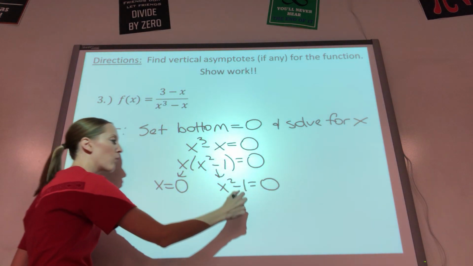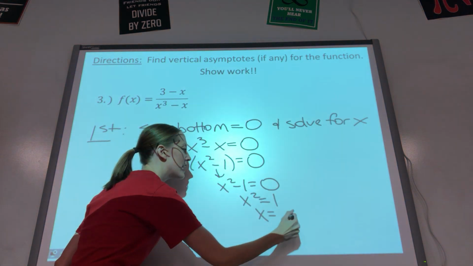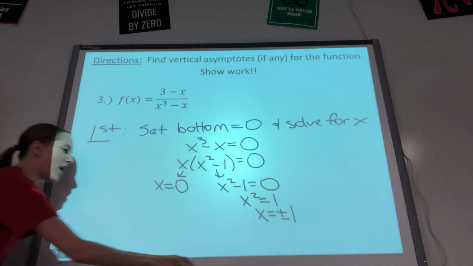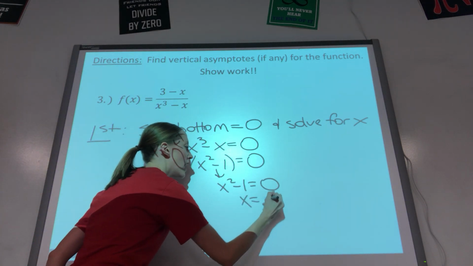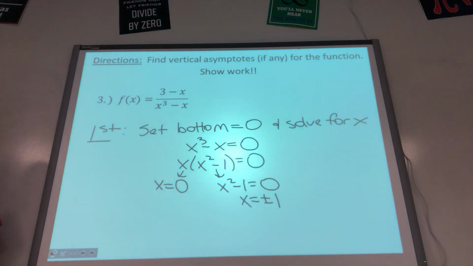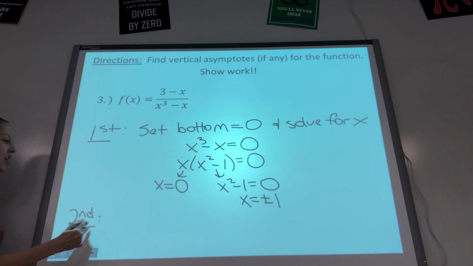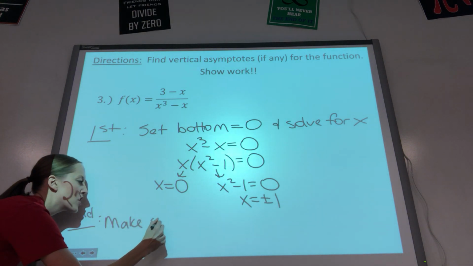And then add 1, square root both sides. That gives me x equals plus or minus 1. I'm going to put that right up here to save a little bit of room. Now, once you get those x values, your second and last step is to make sure